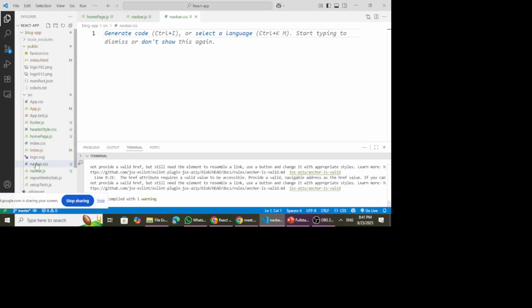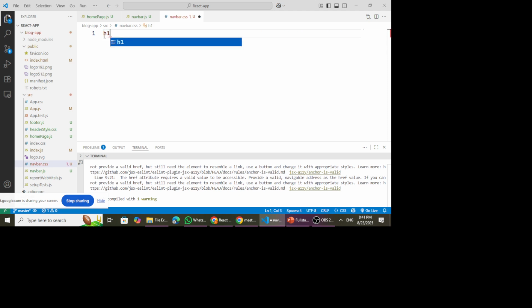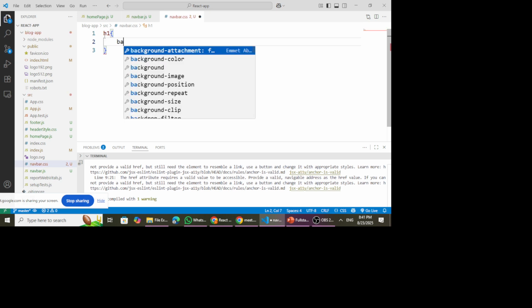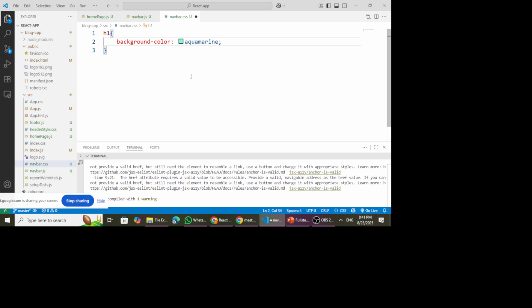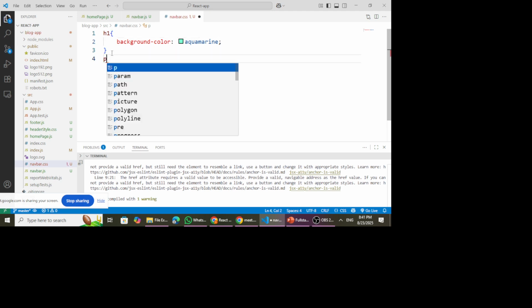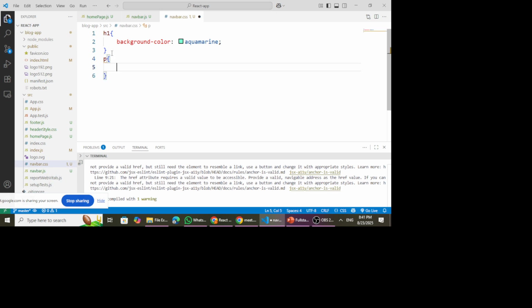Then after creating this file, you can now go ahead and add the CSS styles that you want to add. And how do you add it? So you can start by typing maybe the header one. How do you want to style them? You want maybe to add the background color to be maybe aquamarine or red or whatever color you want, and you maybe want to style all the paragraphs, okay, all the paragraphs to have